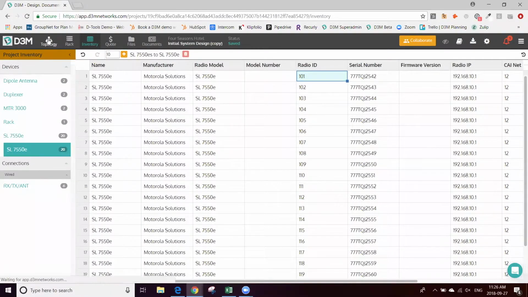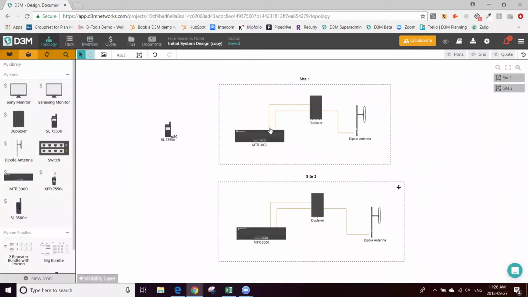I'll go to my topology. And let's say these couple sites that we created, this group of radios. First of all, what you want to do to see if a quote is being created is go to the view options here in the top right, and there is the quote view. Quote view shows you that the ones that are highlighted in green with the $ are ones that have pricing